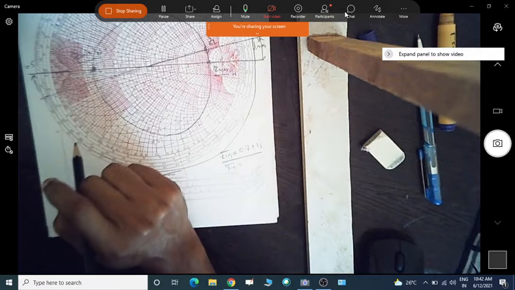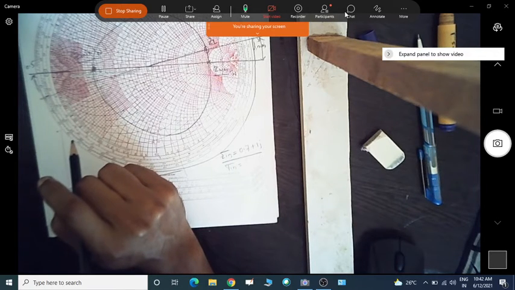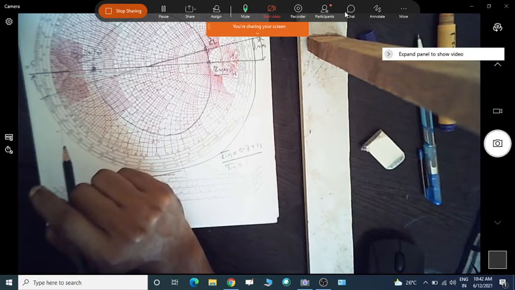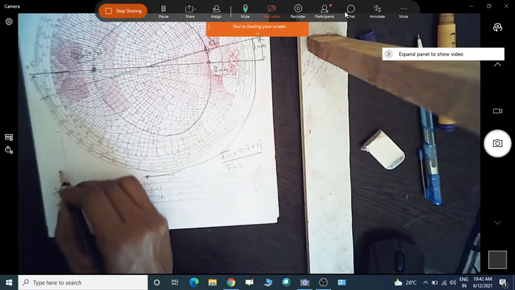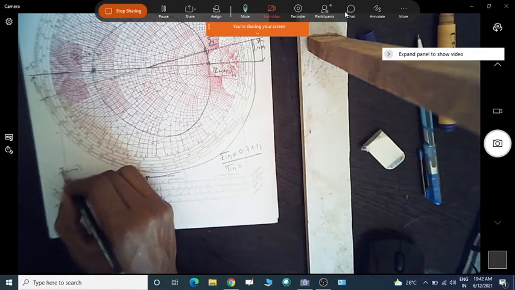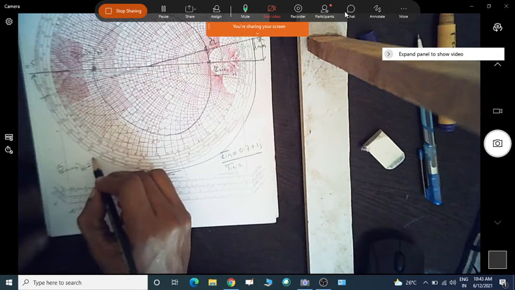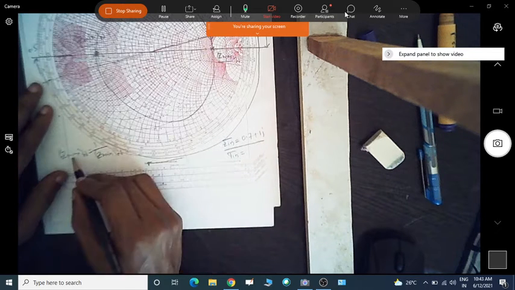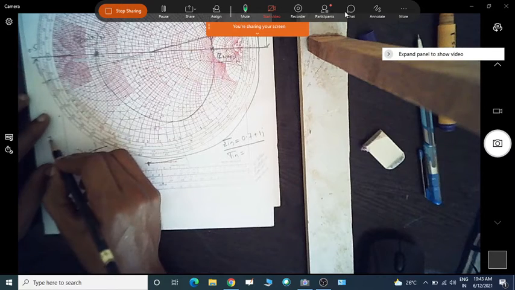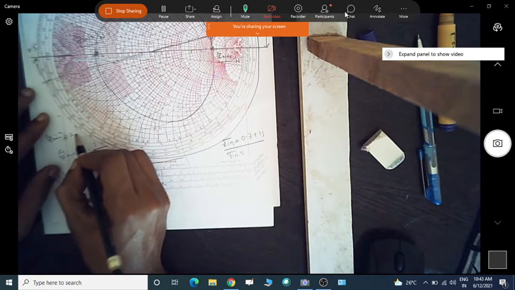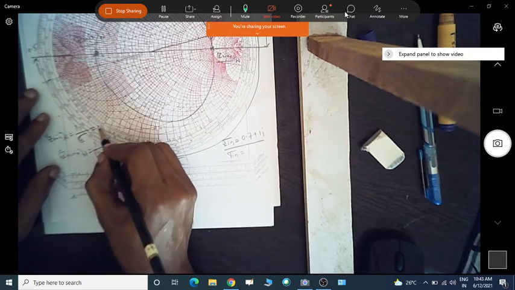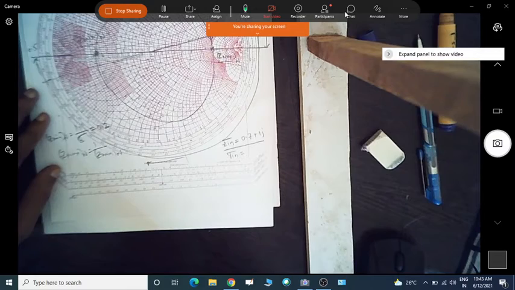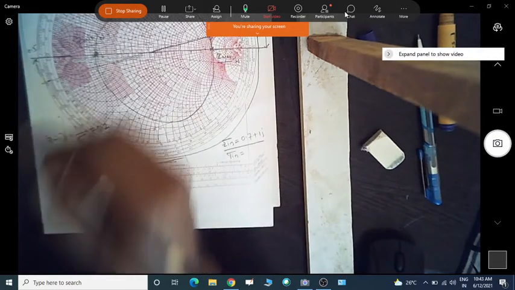Is it 0.2? So even you can cross check. Because Z max normalized is equal to 1 over Z minimum normalized. So that we know the equation. So now if we know the Z max normalized, we can find out Z minimum normalized, which is equal to 1 over 5, which is equal to 0.2. It should give 0.2 at this point. Okay. So is it giving 0.2?